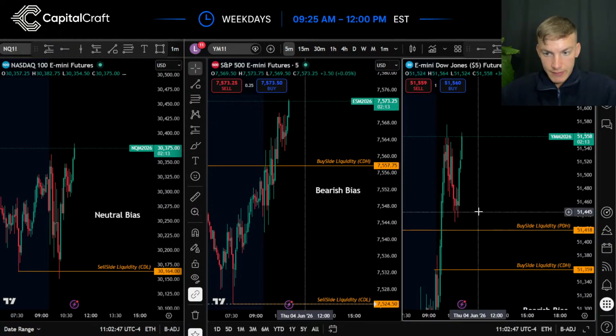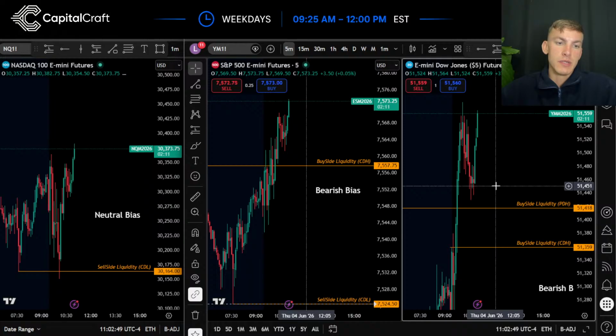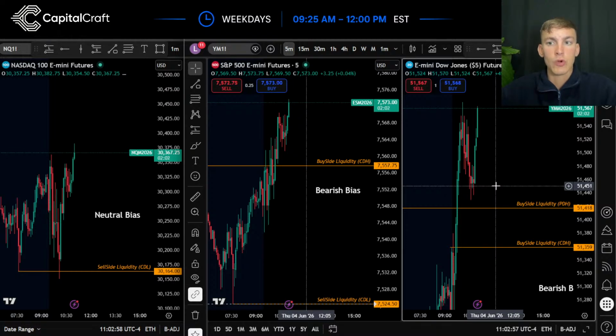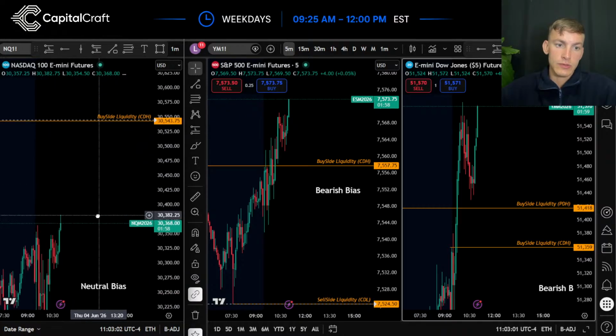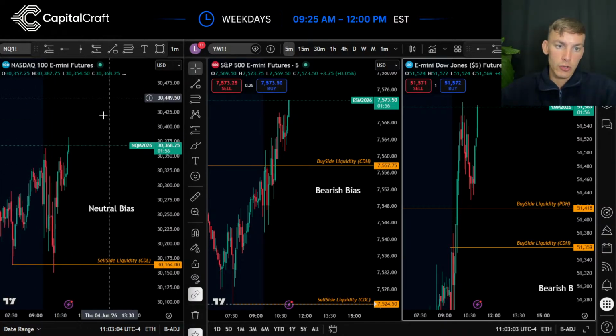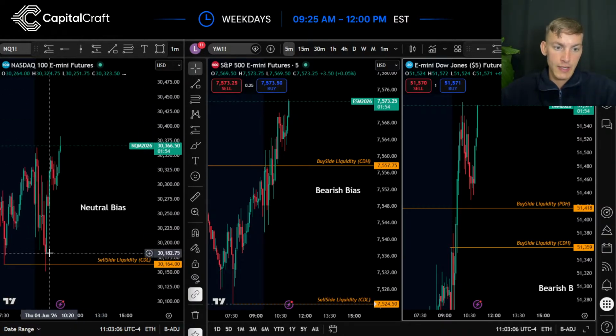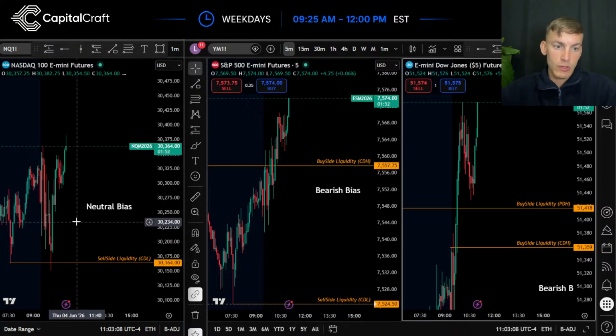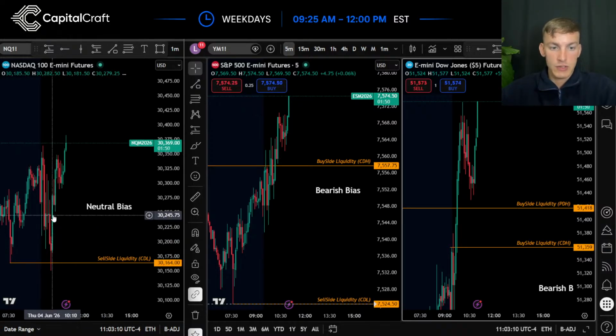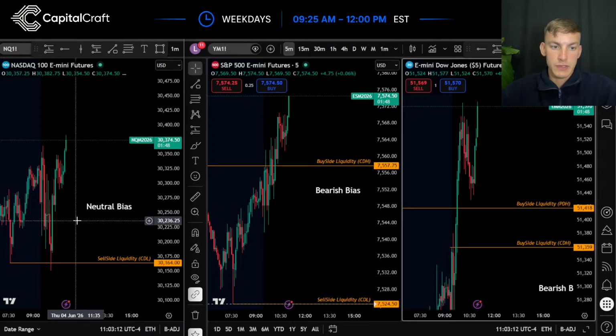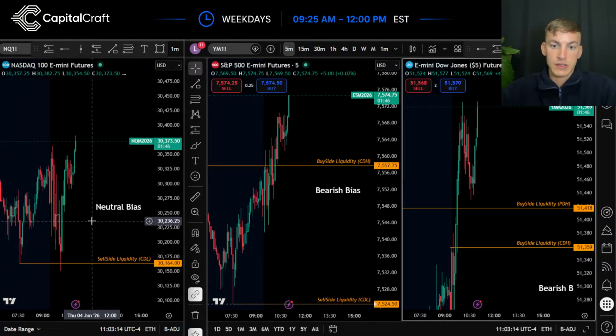As well as the Dow, which immediately to me just invalidated any reason to want to go long. I don't want to long the market or keep buying after we've taken buy side on 2 of 3 of our pairs. Now with the Nasdaq, it was set up brilliantly to want to go towards that specific level. After it had raided its buy side, we saw an immediate rejection, an immediate change of state of delivery. There was also SMT as